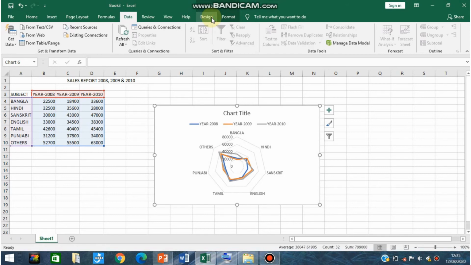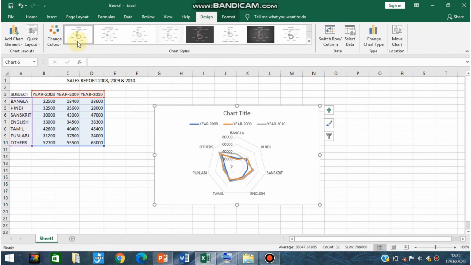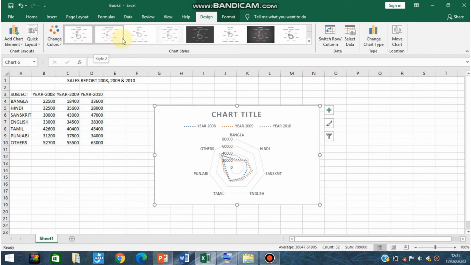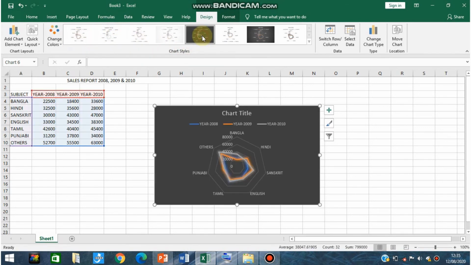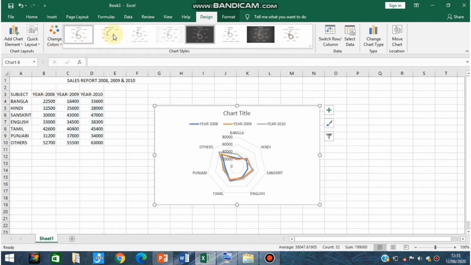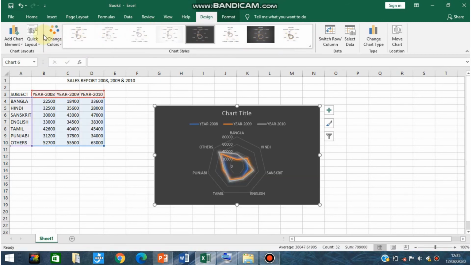Click on the design tab, and here you can see that according to your style you can change the chart style. According to your requirements, you can choose any of the styles that are available inside this bar. Then next we can also change the layout.